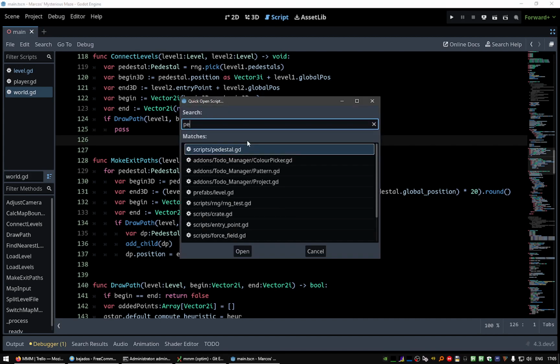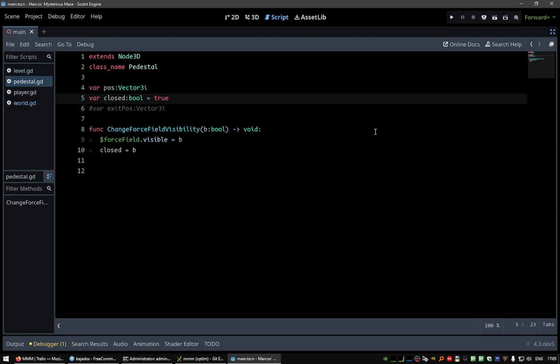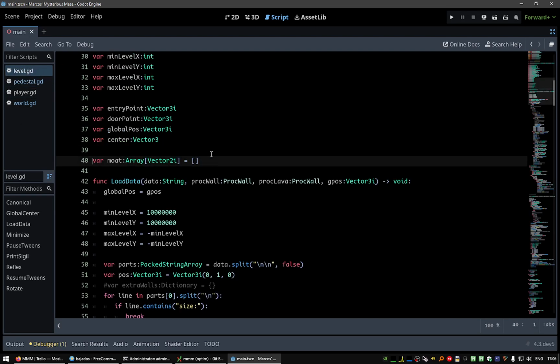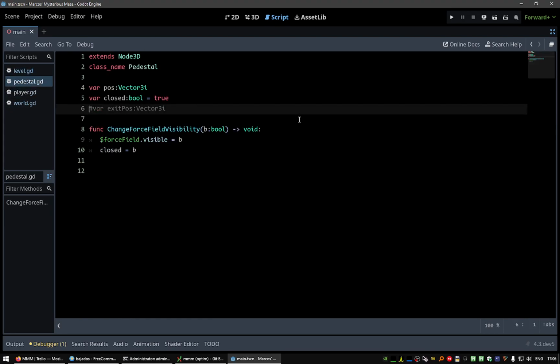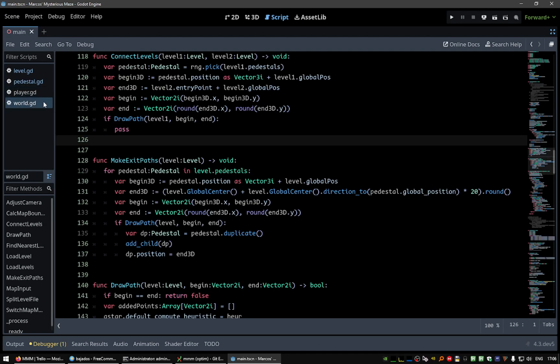Okay, the pedestal could have this moat. The pedestal itself could have this moat, and we should